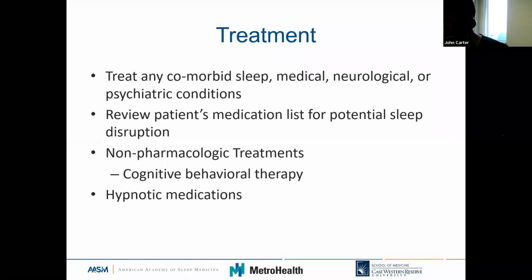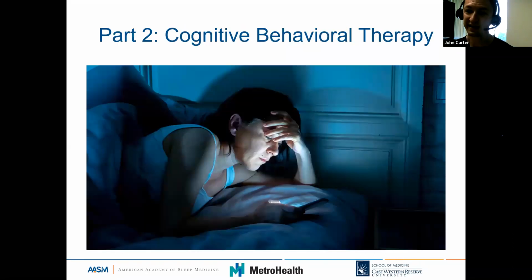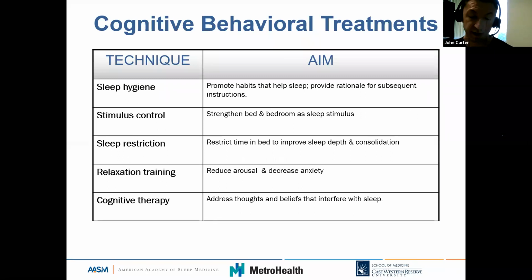Being mindful of time here, I realize we've only got about 30 minutes, so this is going to be a little bit of a surface level kind of whirlwind tour through the treatment of insomnia. So there are both non-pharmacologic and pharmacologic treatment strategies for insomnia. These groups of treatments are strongly evidence-based and very consistently have been shown to be highly efficacious and, for the most part, highly effective. The best studied and most commonly implemented non-pharmacologic technique is cognitive behavioral therapy for insomnia,